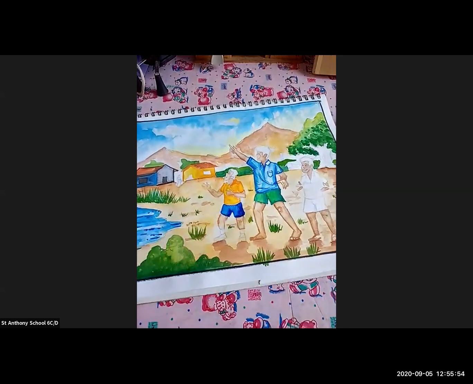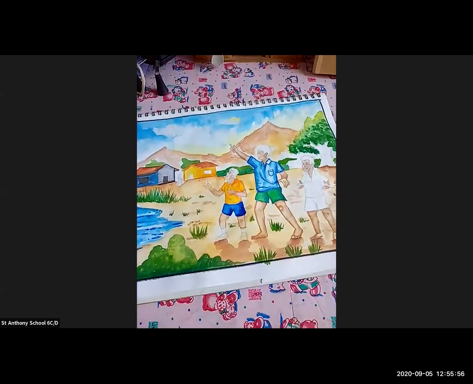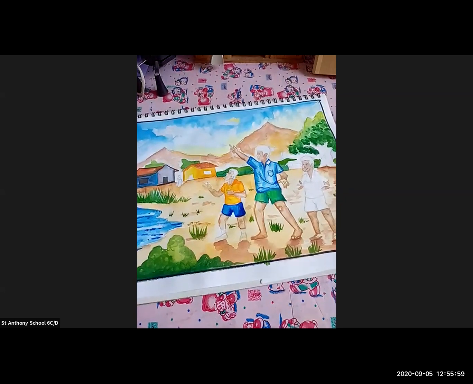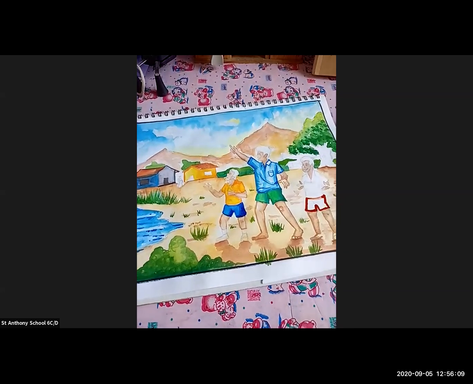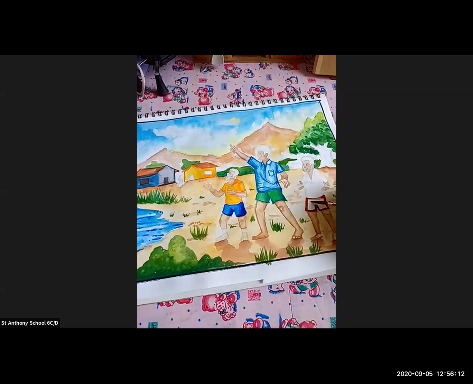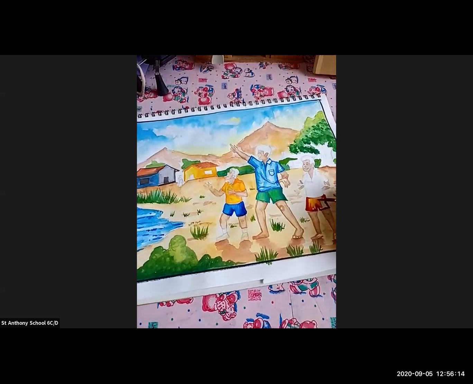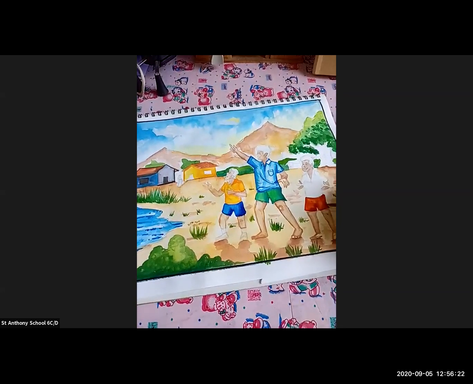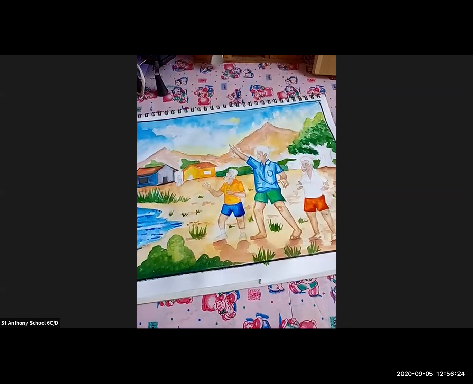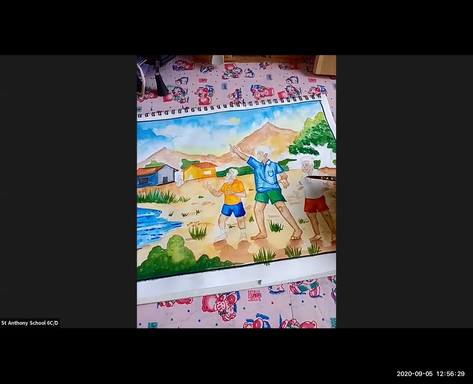Okay, so now I'm going to color this one. So here he's wearing a brown pant. Okay, so dark brown color. Okay, and to show the light tone I'm going to add a yellow. Just merge the color properly. This is how I have colored the pant, and now I'm going to color the shirt with yellow.